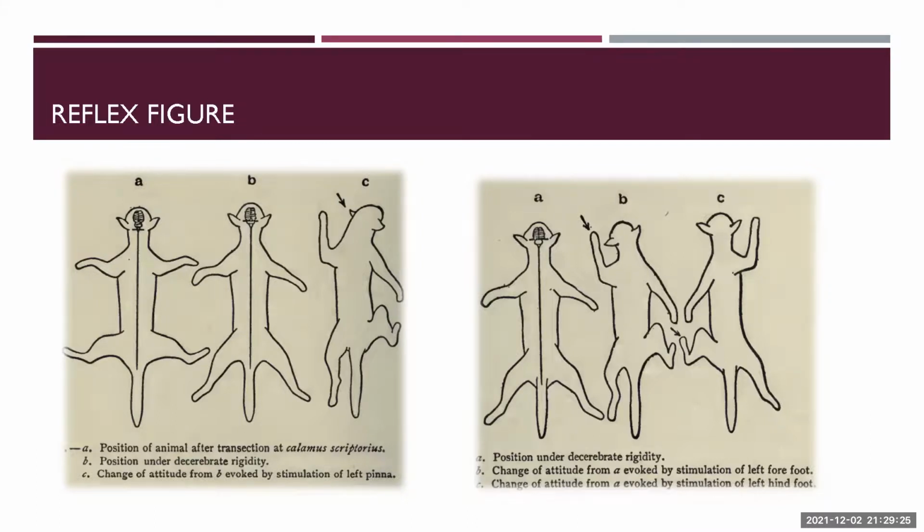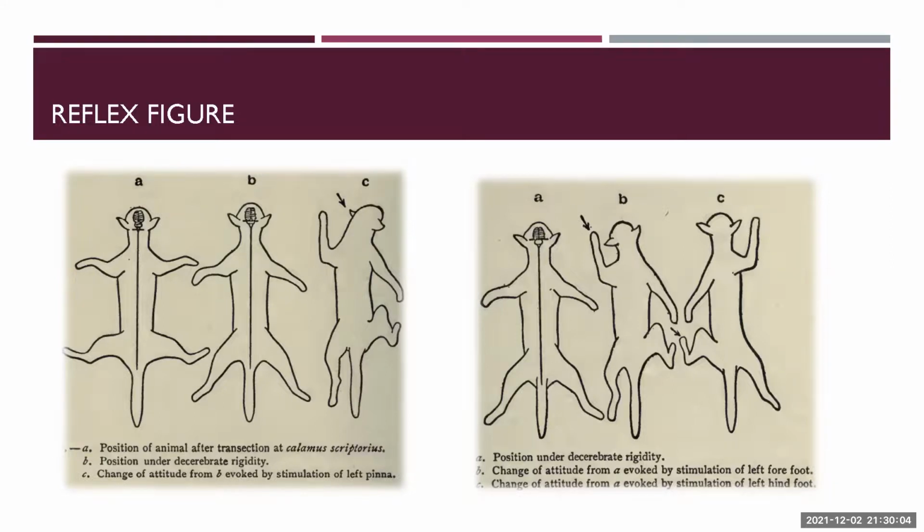As you can see in the figure, they are giving a stimulus on the pinna. In the first figure, C, when the stimulus is given on the pinna, the response is produced in a certain form: first the response is observed in the neck and the homonymous forelimb, then the homonymous hind limb. Then the response is produced in the tail and the trunk, then the contralateral hind limb and then the forelimb. So that is the response produced when he stimulated the pinna. That is what is seen in the first figure.